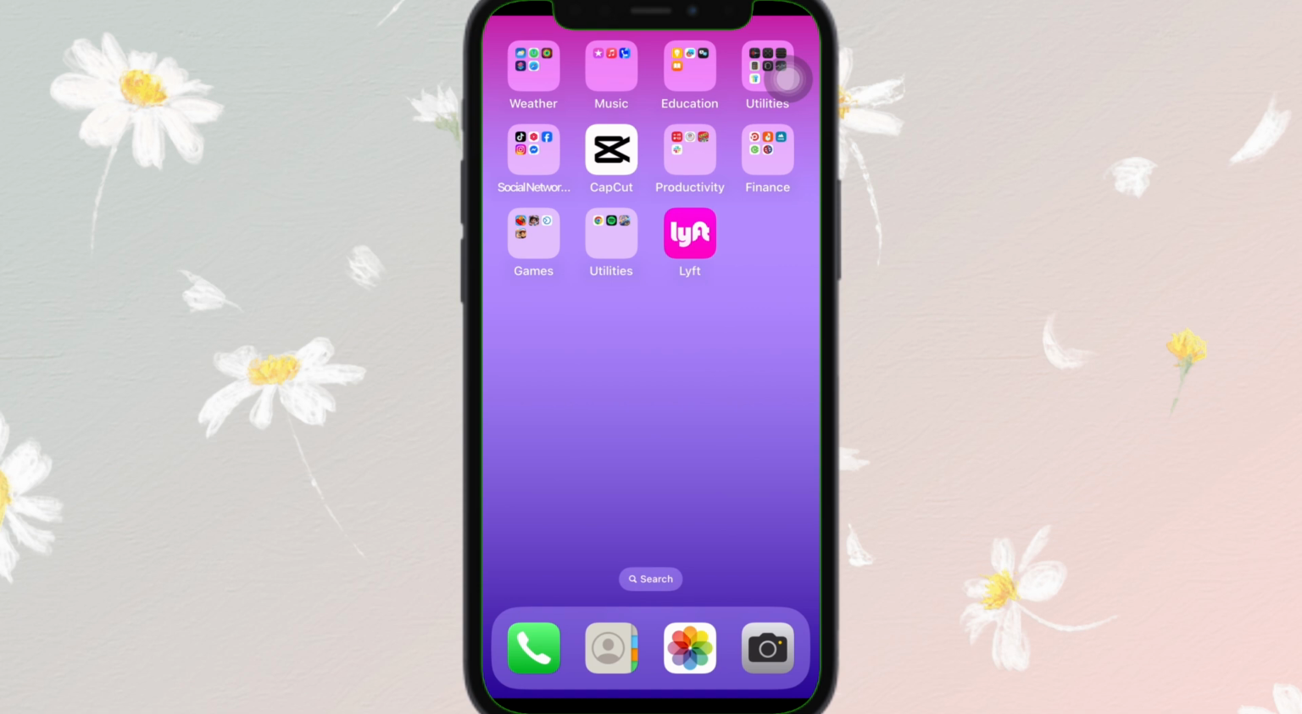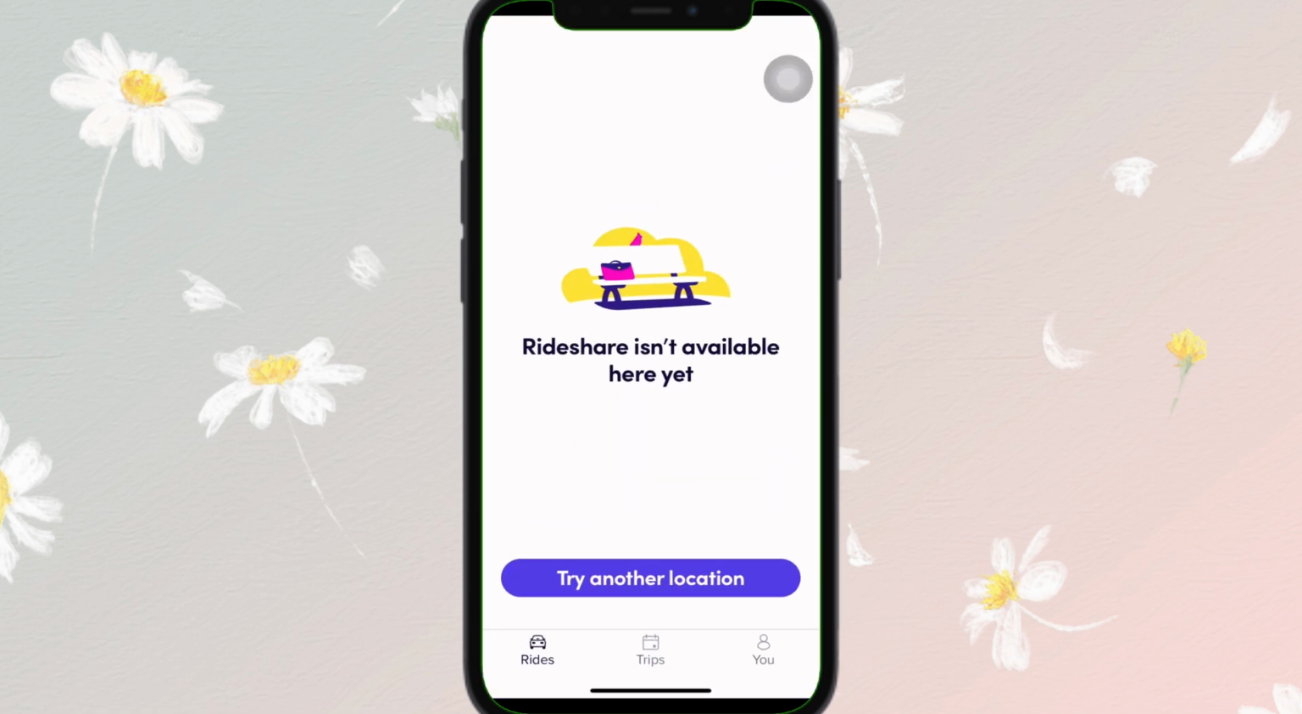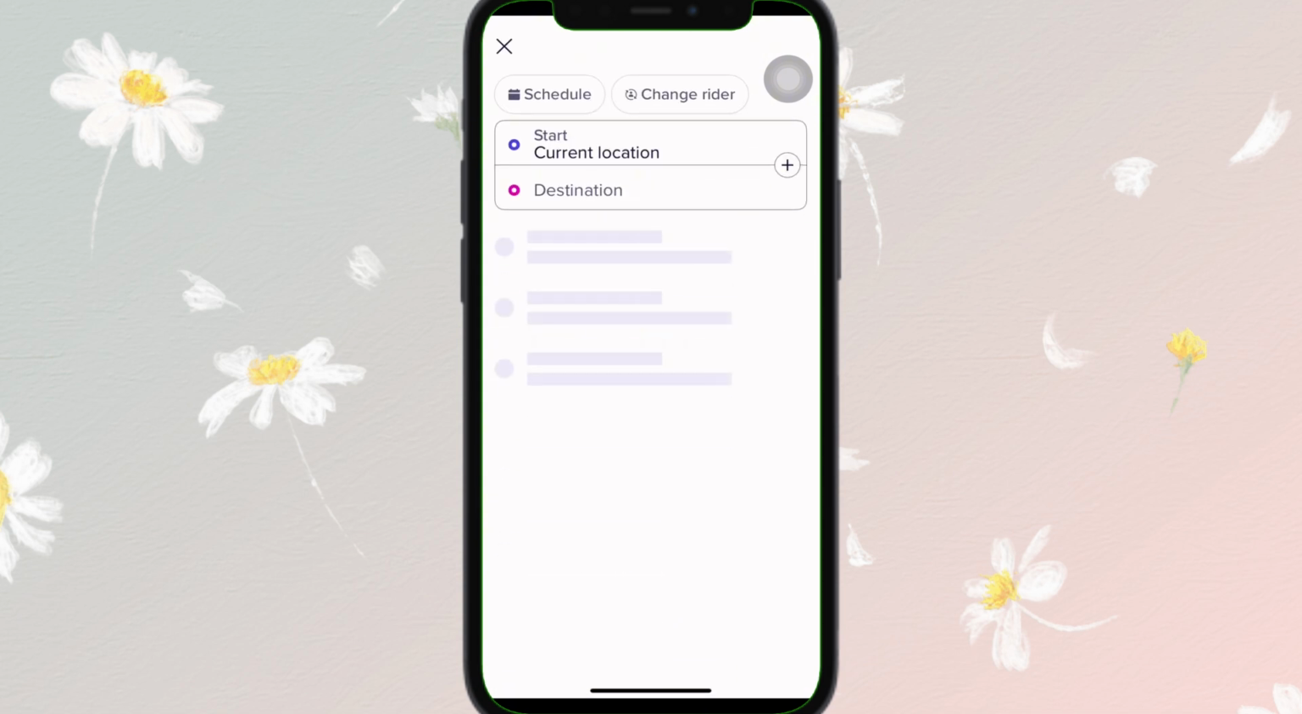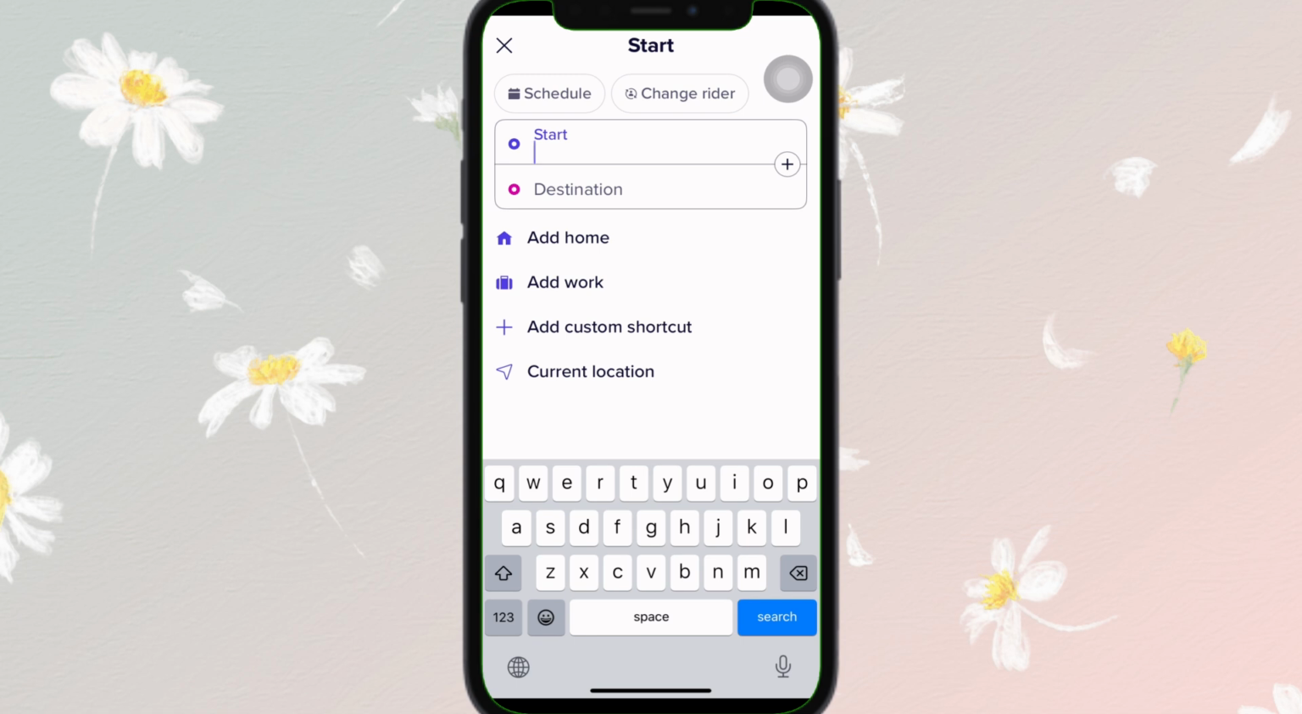First of all, open the Lyft application, just like this. After opening it, simply request a ride. And after getting the ride, simply open your app after requesting and getting into the car and check the map